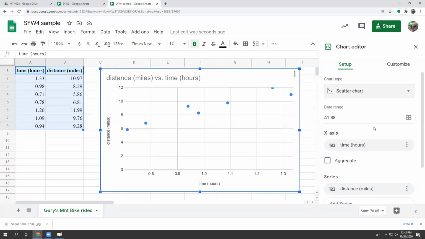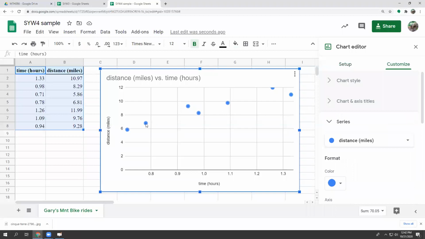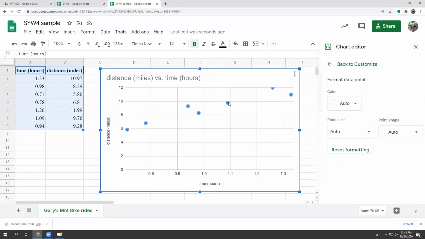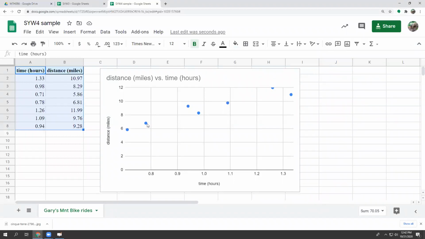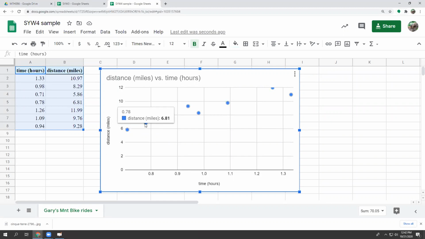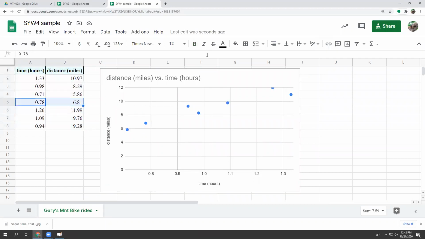Okay. So I think looking at this, and my paper version would look similar to this once I was done with it. This point right here, and maybe that point right there looks good. So let's close the editor so I can see which points they are. This one is the 6.81. So that would be this one right here. So that point looked good to me right there. And then this one looked good, and that's the 9.76. So let's highlight that one. So I would use those 2 points.